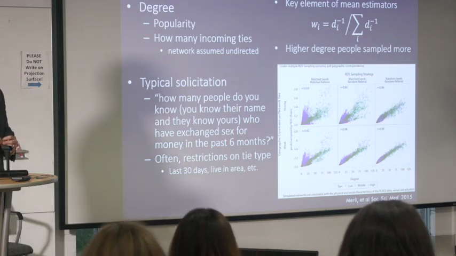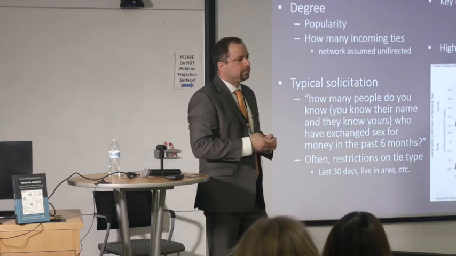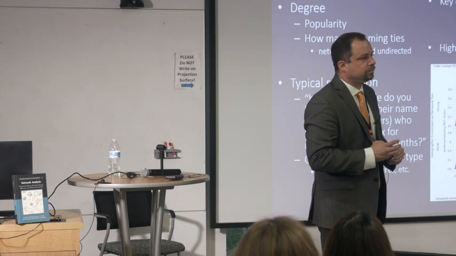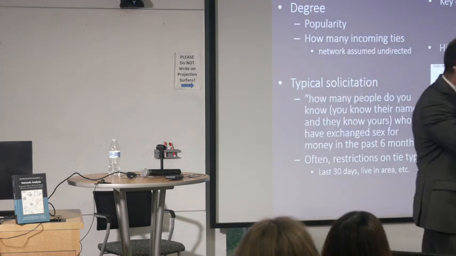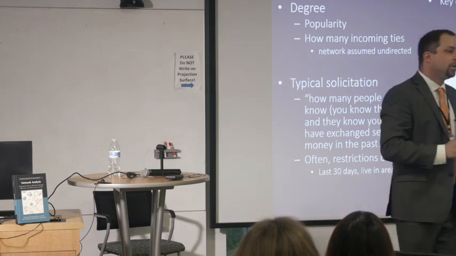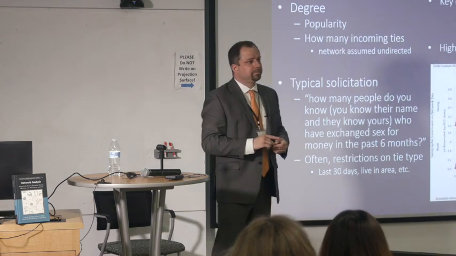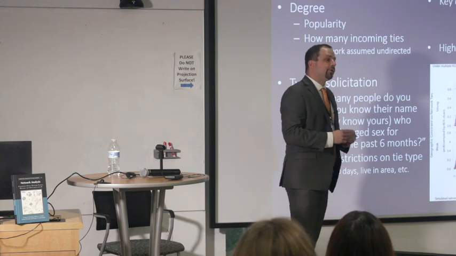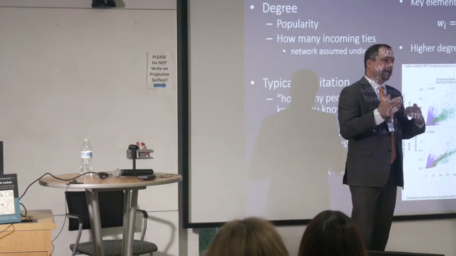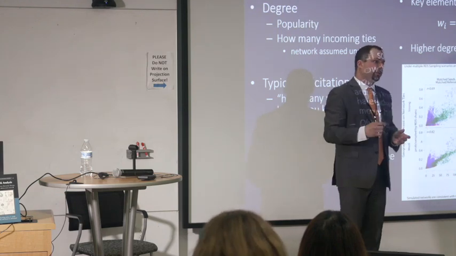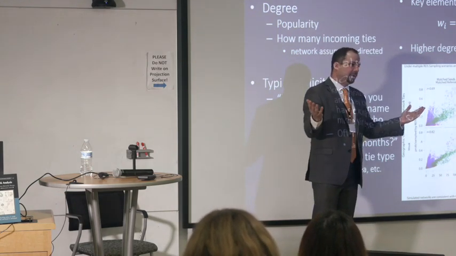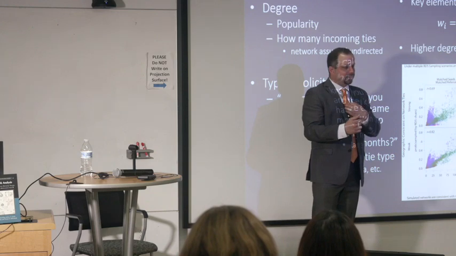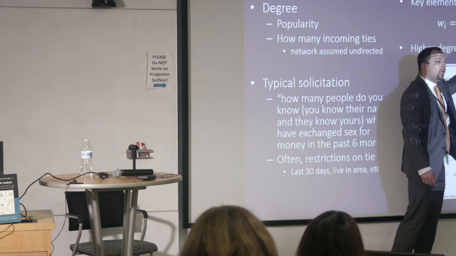I have a question about the weight. So, do we determine the weight based on the people's response in the survey, relative to what's reported in the literature? Relative to what? What's reported in literature about, for example, the population, where we know the average, maybe? No, the weight is typically against all other sample participants. So you're just gauging sample participants against each other. It's a relative probability sample. People say, I know X number of people. Other people in the network say they know Y number of people. You take what the individual said, their degree inverse, over the sum of all degrees in the sample.